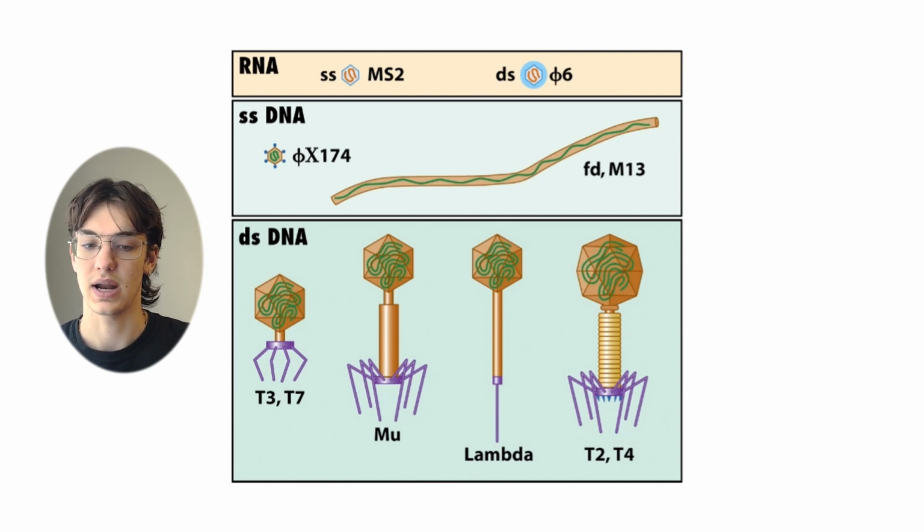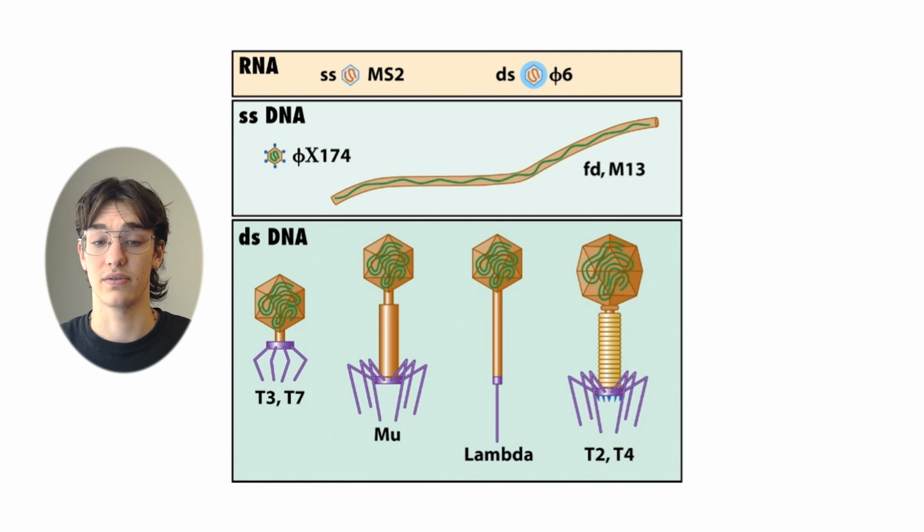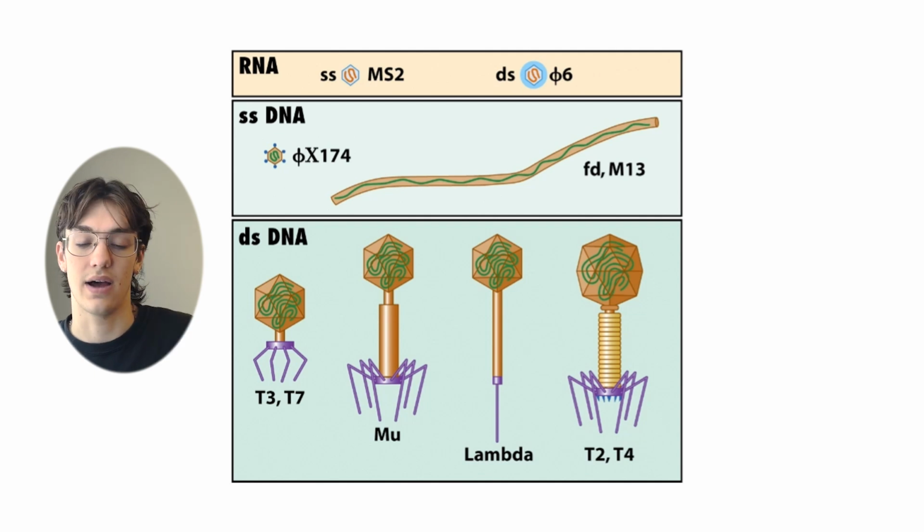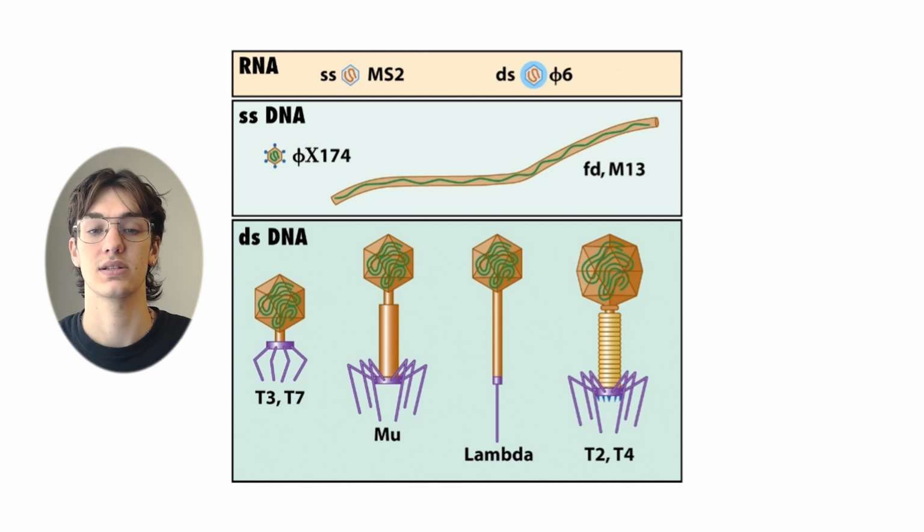The ones you see on the bottom are the classic bacteriophage with that head and the legs that look a little bit creepy. Those are double-stranded DNA viruses, so they are class 1 in the Baltimore classification scheme. But there are other versions as well, including RNA viruses, single-stranded or double-stranded, and single-stranded DNA viruses. They can have any genetic information that all other viruses could also have, so they're a pretty diverse class of